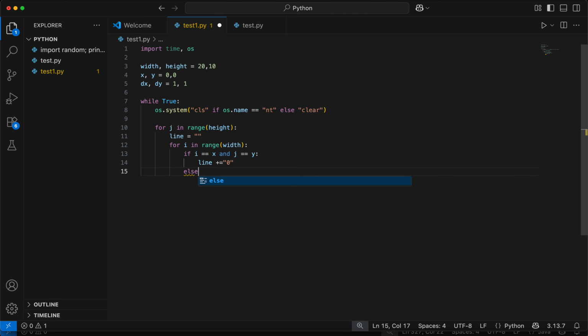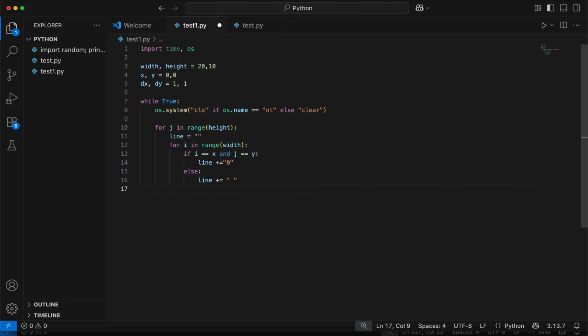We'd like to write here else line plus equals, over here some space in the strings, and then we'd like to write just